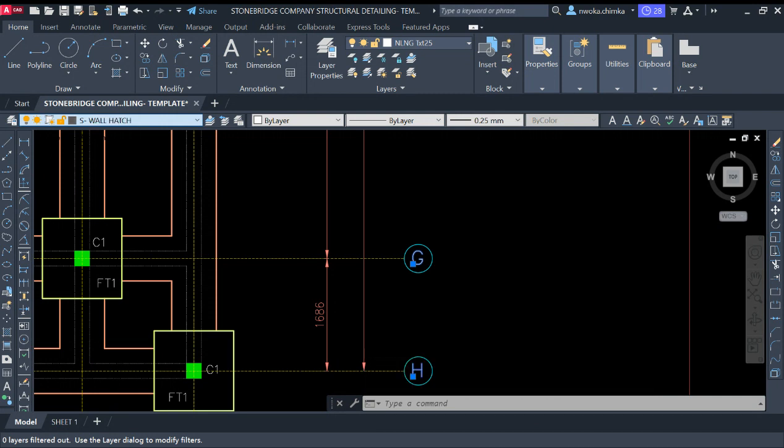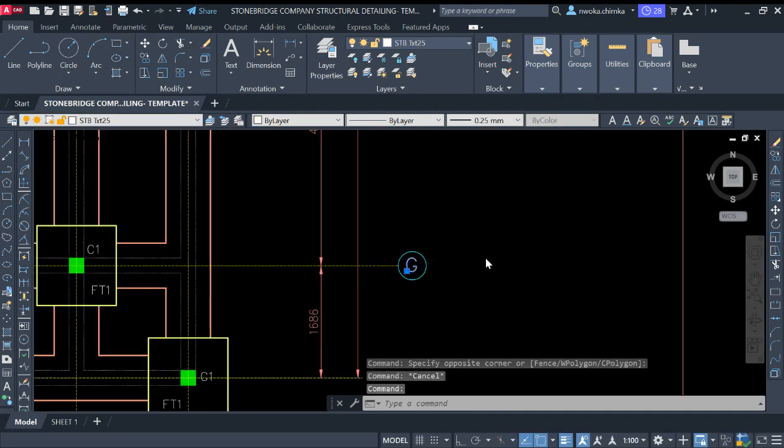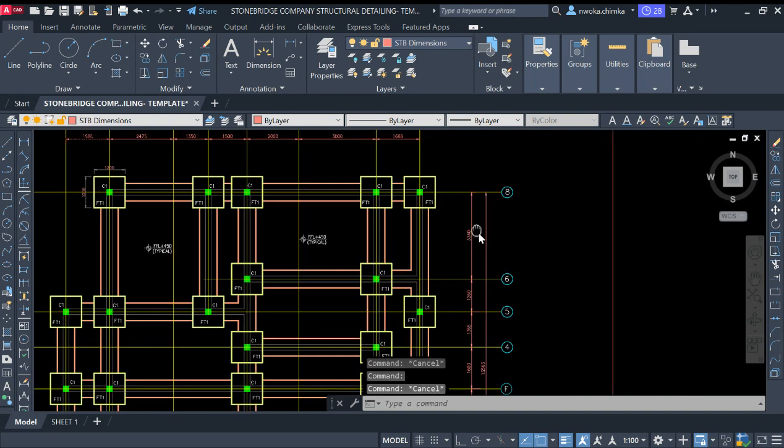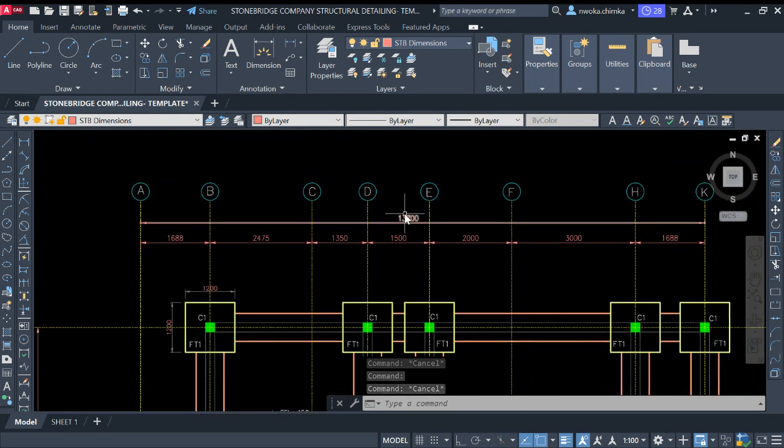So STB 25. So you can now see that everything has now changed. Then also again, you also go here right now to also match properties right there. Okay. Now, if you don't know how to dimension